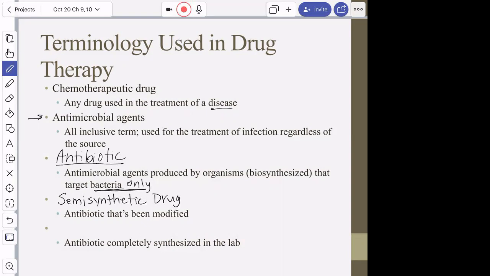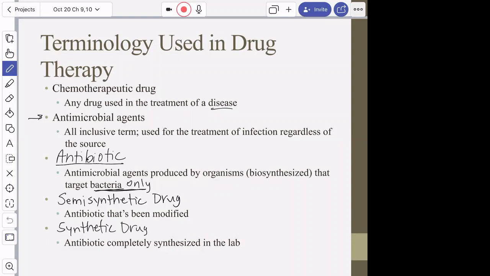It kind of doesn't sound like an antibiotic, but usually that's the way it's used, a semi-synthetic. So we've taken the natural product of some organism and monkeyed with it a little bit in the lab to maybe give it a little bit more efficacy or make it last longer or make it less resistant, something like that. And then a fully synthetic drug,